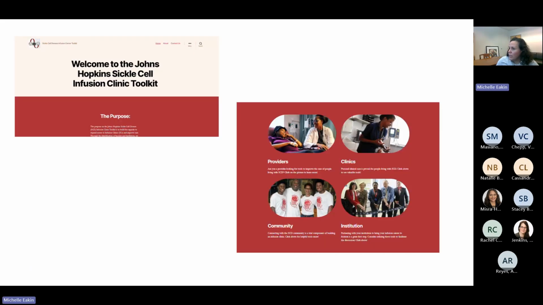From here, we developed what we call our toolkit, which is online, and it had information to address these barriers at each one of those levels. For the clinics and providers, it had lots of training resources, EMR templates, clinic policies, things like that, that if you decided I want to create an infusion center for sickle cell, you could look on here. Even things like what list of medications you should put in your Pyxis for dispensing and making that easier are all available here. In addition, we also created,